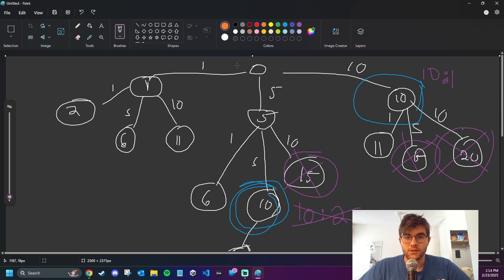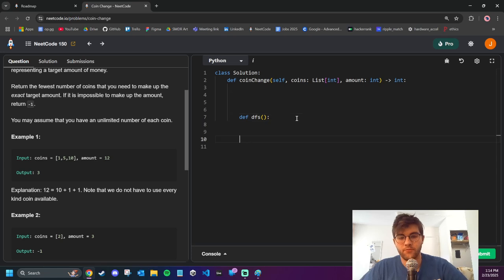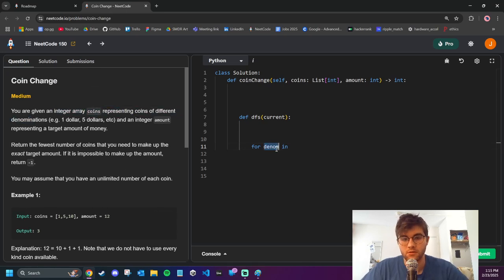So what we'll do is basically just depth first search, explore the tree like this. Okay. And then what we want to do within, so this will take an amount, well, we could say like current change. Okay, and then each time we want to say for denom, which stands for denomination, in coins. I'll just say for coin. Okay, so for coin in coins, we want to call it again